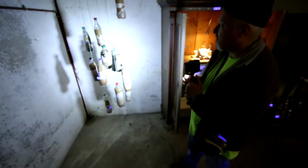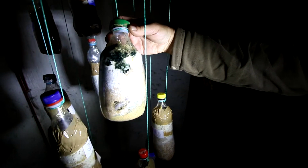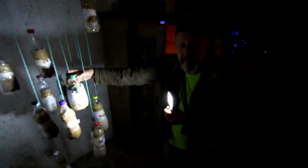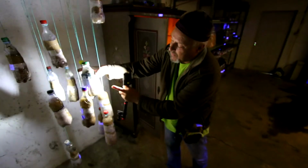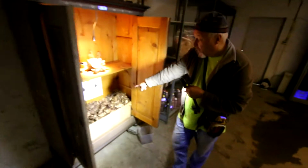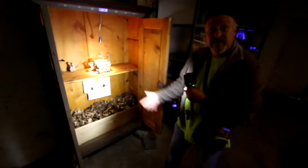So why? What is in these bottles? Here you see the larva of this rainbow stag beetle inside. Here's the head capsule, the orange head capsule, and this is a really big larva eating inside of this bottle. In this bottle is only sawdust inoculated with mushroom mycelium. It's the same as a white rotten piece of wood lying on the ground. So we just imitated a white rotten piece of wood, but with the advantage that we can look inside what's going on there. And on the bottom of this cabinet, we just rebuilt a hollow tree with this cabinet,